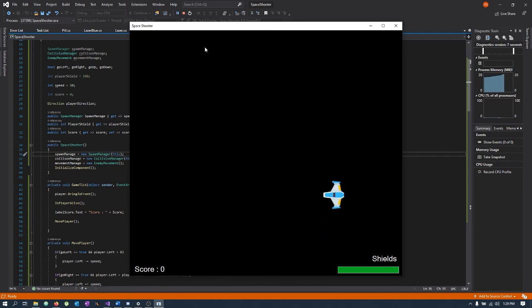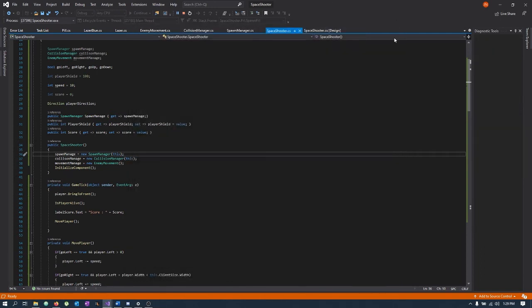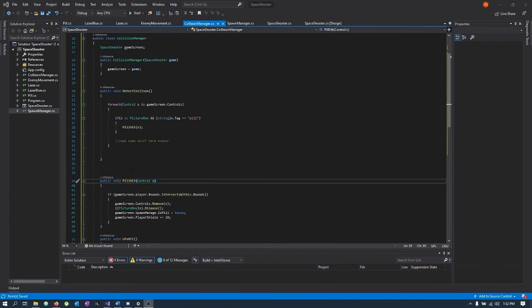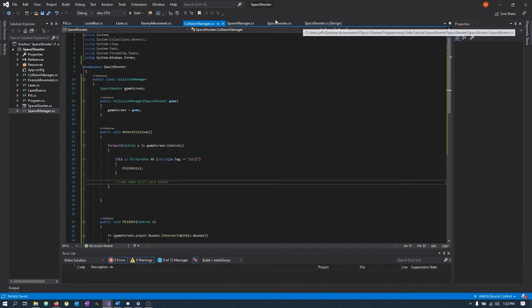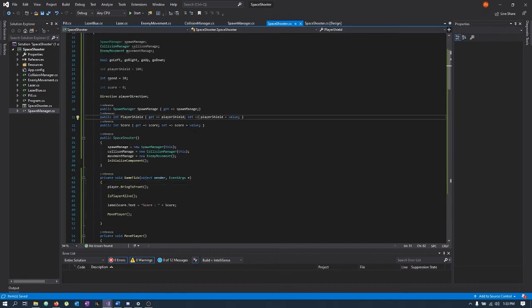So at the moment, oh no, not working. Alright, sorry guys. So what we've done is we'll head back into, we're not even calling this function just here at the moment. So what we need to do is head back into the Space Shooter program, the Space Shooter class just here,